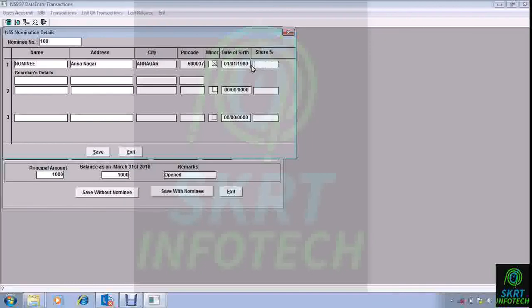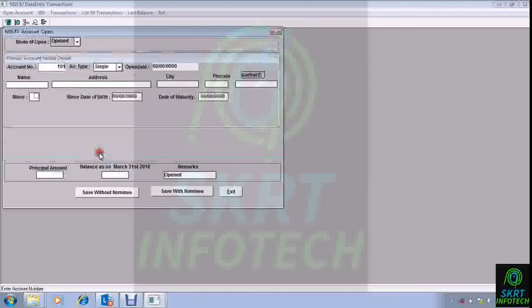And then we'll get the shared percentage, and we have to enter the guardian's details as usual. So wherever there is a minor, the guardian detail is a must. If it is not there, question the post office and get it. So now that there is only one nominee, you can save it. That's all.